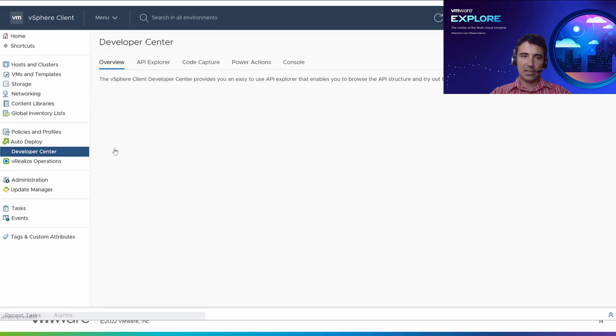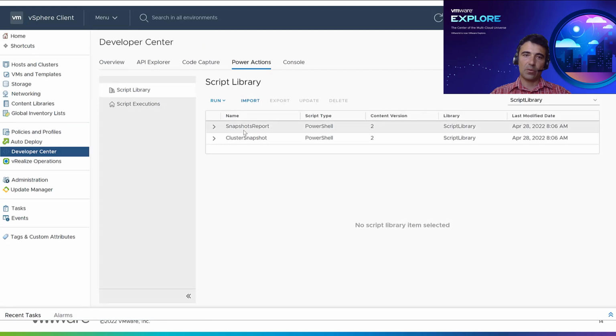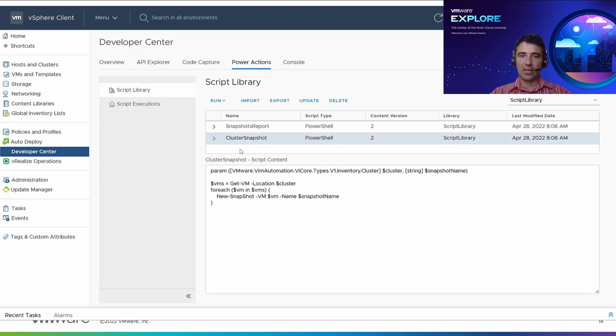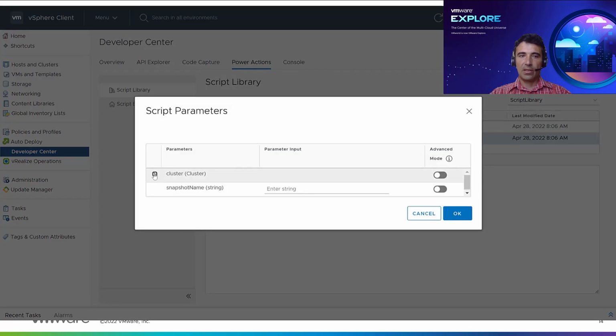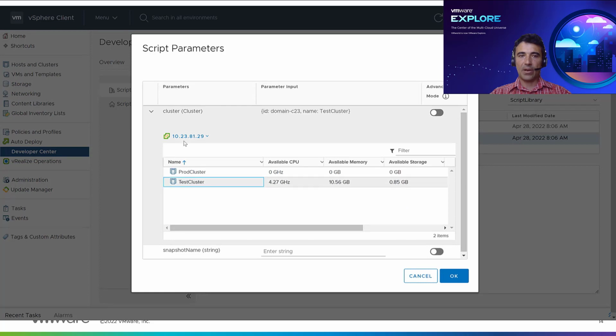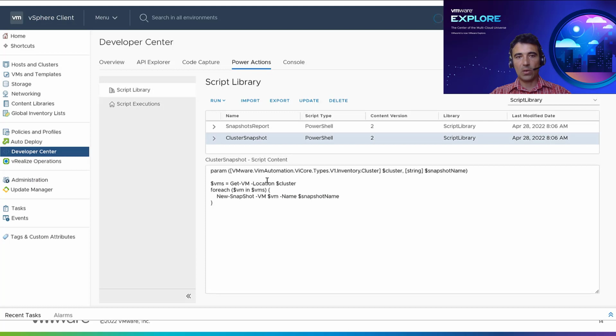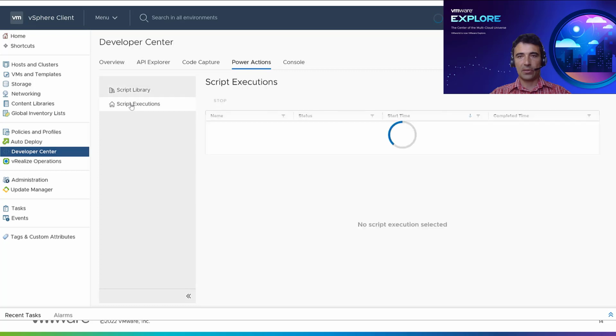Okay, now let's go and execute the script that will create a snapshot. So we select the script. Down here we can see the contents of the script for us to check if this is the correct script that we want to run. Then we select run, and here we can specify the parameters. So we specify the cluster, and we specify the name of the snapshot. In our case, we're going to specify first snapshot as the name of the snapshot. Then we click OK, and now the script will be executed in the background in the script runtime service,